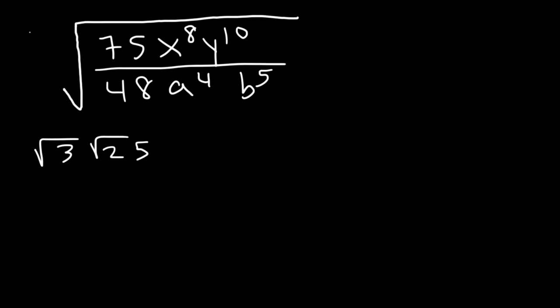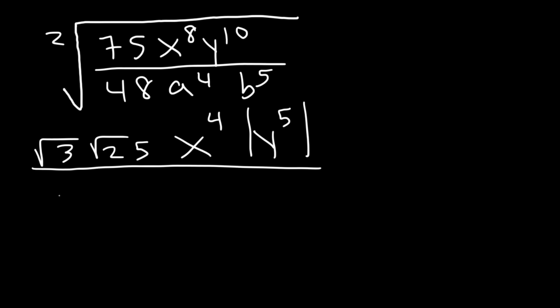The square root of x to the 8, we just need to divide 8 by 2, so it's x to the 4th. And the square root of y to the 10th is y to the 5th. But because we got an odd exponent from an even index number, we need to put it using absolute value notation. Root 48, we can break that into square root 3 and square root 16. The square root of a to the 4th is a squared,